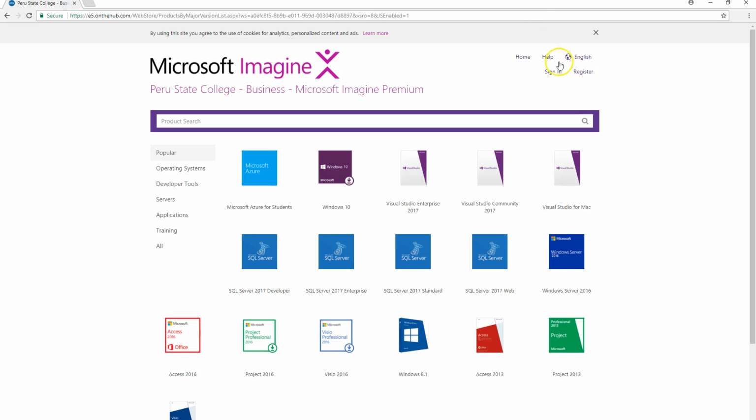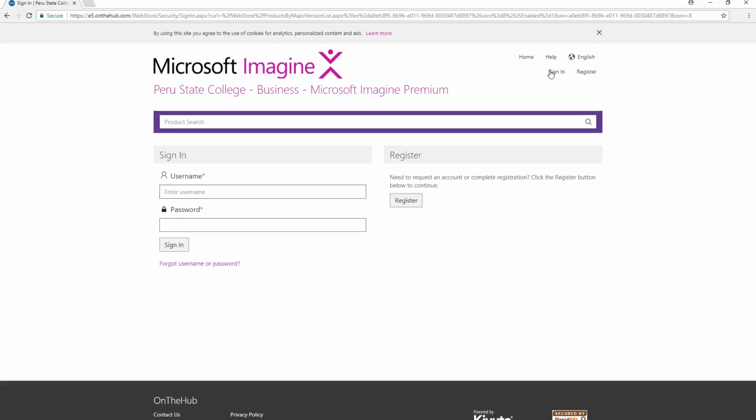Well, for your sign in, you do not have a password yet. Unless you have been in this system, and some of you have, some of you haven't, but if you've been in here before and you can't remember your password, you can use the forgot password. Your username is your Peru campus email address. That's what I put into the system when I did all 895 students today. It is that email address you use at campus. So if you haven't done any of that,